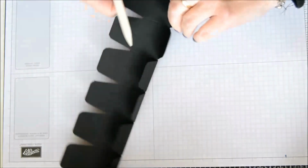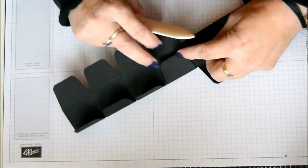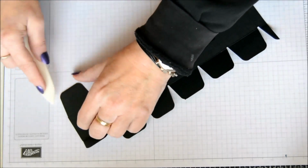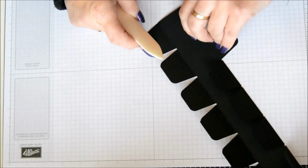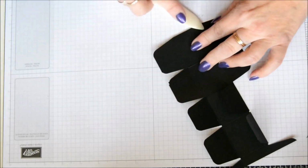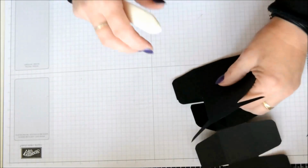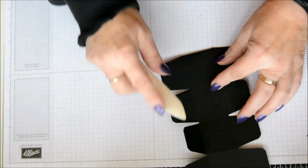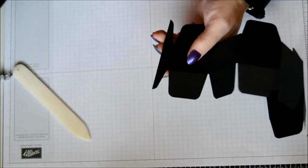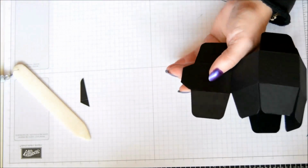Don't worry about those, we're going to snip them away. I'm just going to fold and burnish those score lines first, like so, and then your long ones. Make sure they're nice and aligned and quite crisply scored. Last one, and we will now just snip away those tabs by putting a little notch on either side,